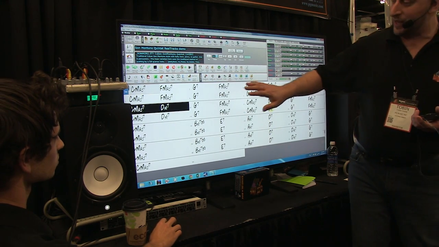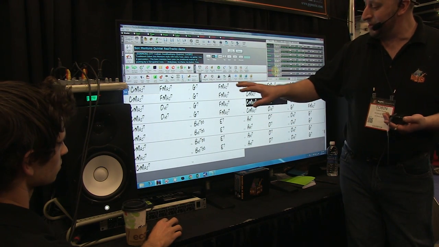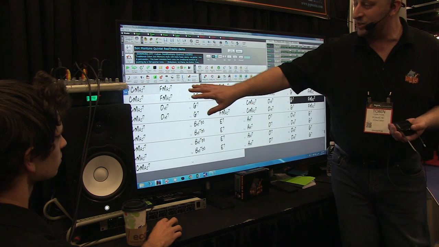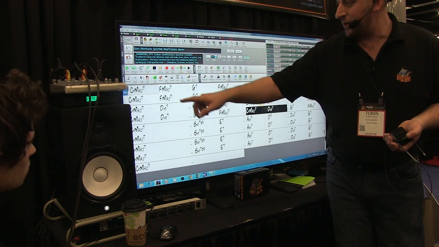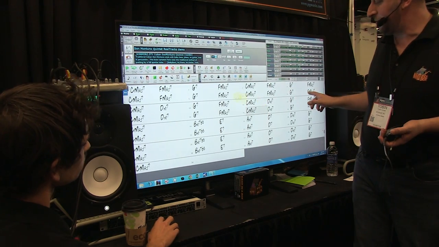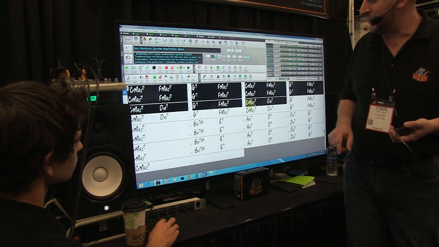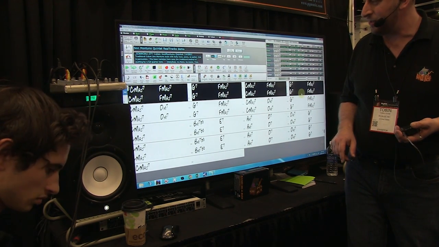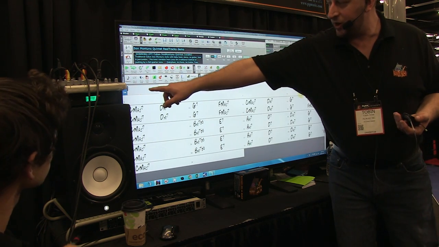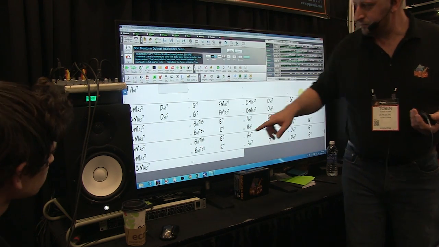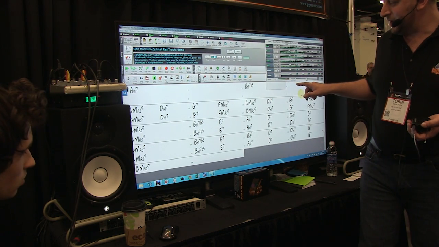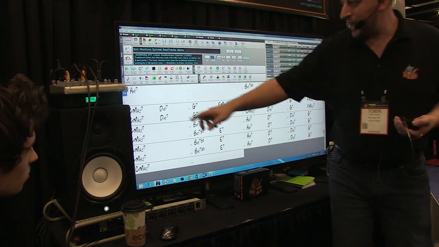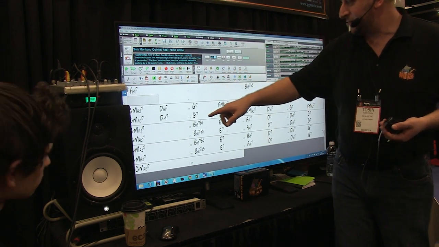Now again, the impressive thing with Band in a Box is seeing changes being made and then hearing those changes. So let's stop this for a second and let's just highlight the first 8 bars and press delete, so it just clears all of the chords from there. And let's just enter A minor 7 up here. And we'll go B minor 7 flat 5 here, and E7, and then A minor 7 here,